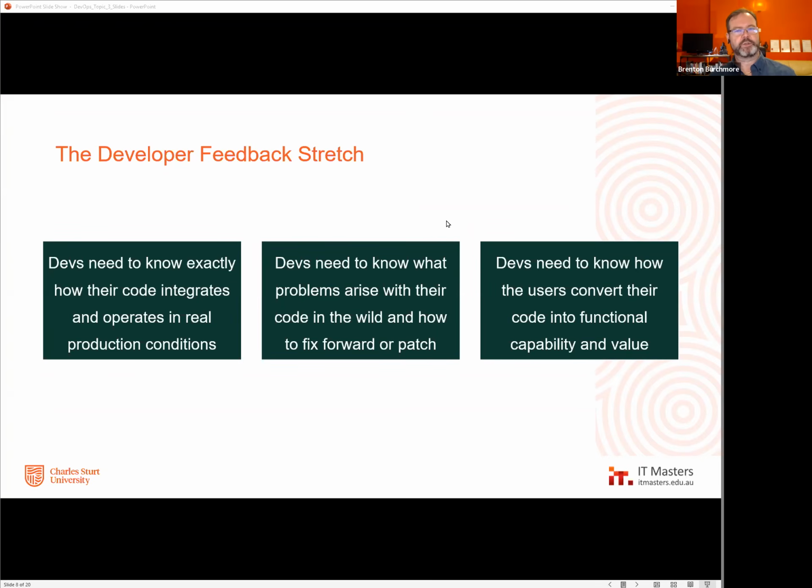But is it actually doing good things for our users? And would they like it a little better? And if we try to make a change that we think is going to work a little better, how do we know that's going to help? Devs need to know all these things, and they need to know them every single day, because the decisions that they make every single day leverage the information from all these ideas.